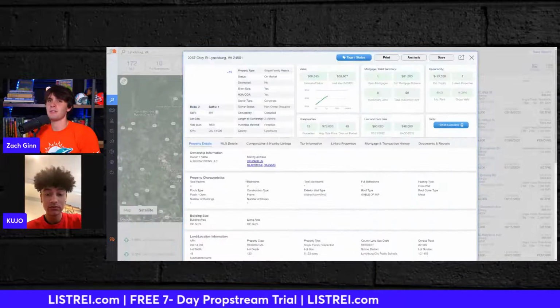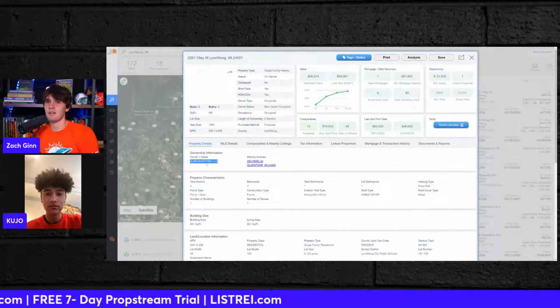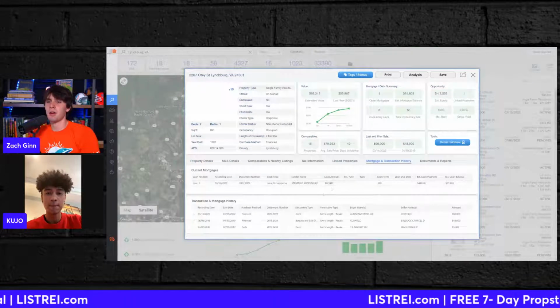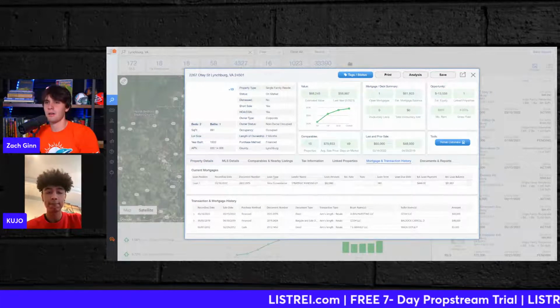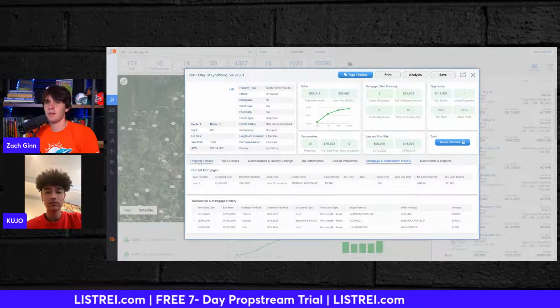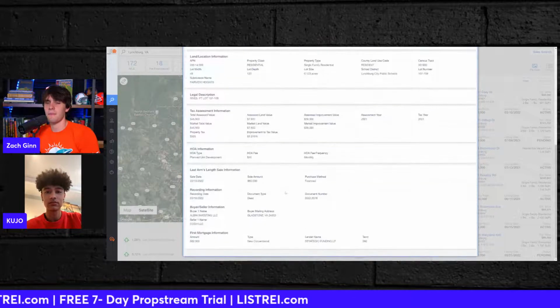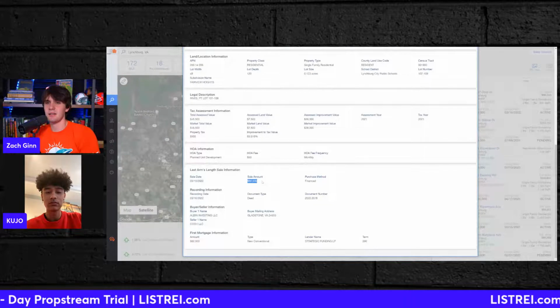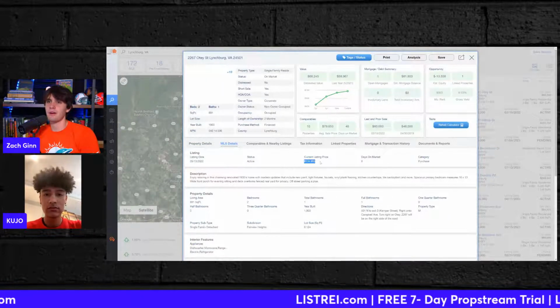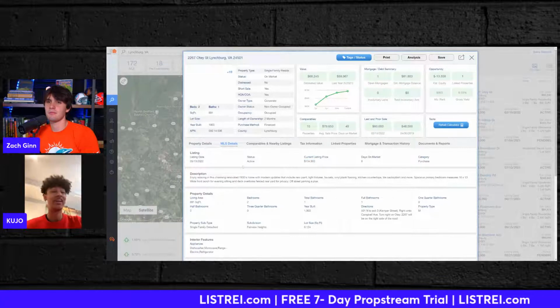But we'll do this one. Albin Investing LLC, which is probably a really good thing. They bought the property for, I don't know, 81. Let's see. They bought the property for 60, and they're listing it on the market for 135. Dang.